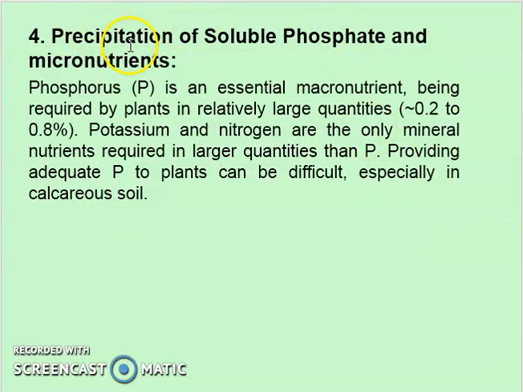The fourth problem in calcareous soil is precipitation of soluble phosphate and micronutrients. Phosphate usually precipitates in calcareous soil in the form of calcium phosphate. Furthermore, micronutrients like zinc, manganese, iron, and so on are also precipitated in the form of zinc carbonate or metal carbonate, like the following,